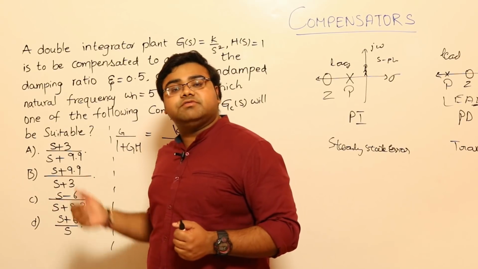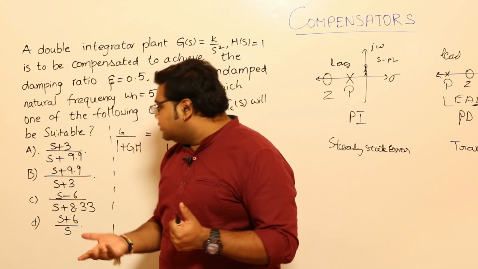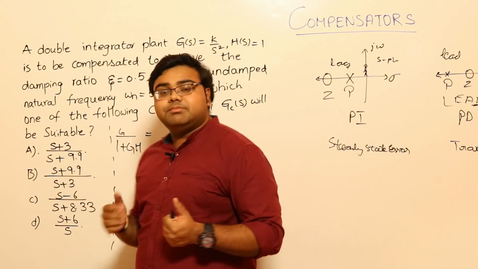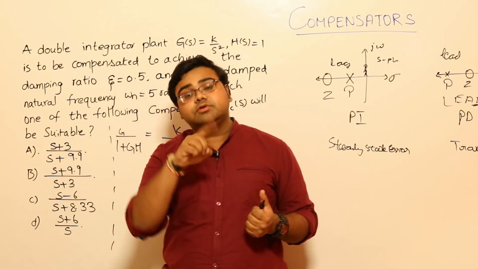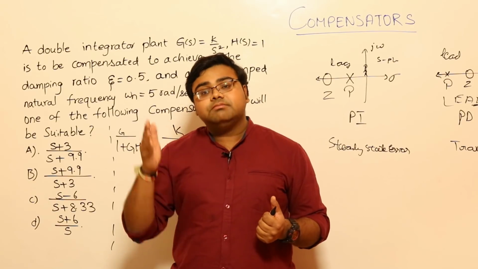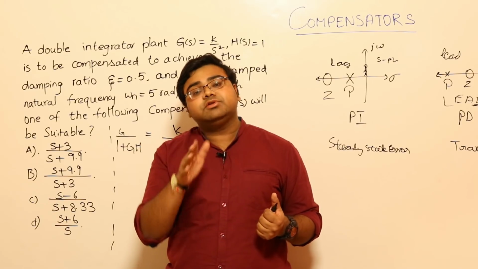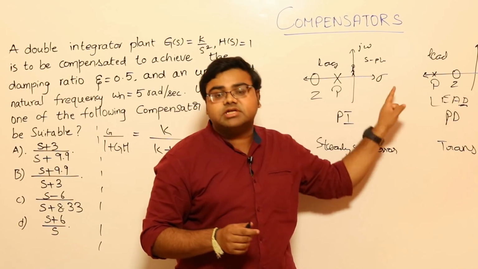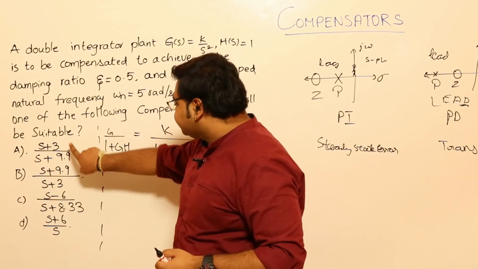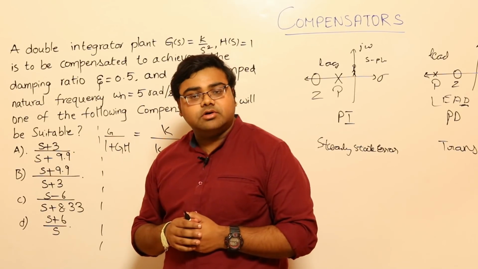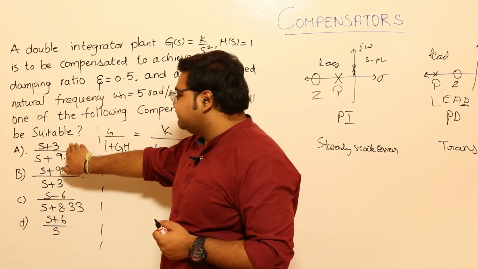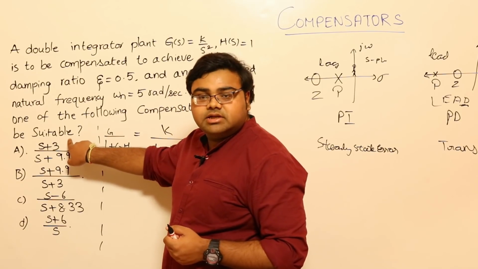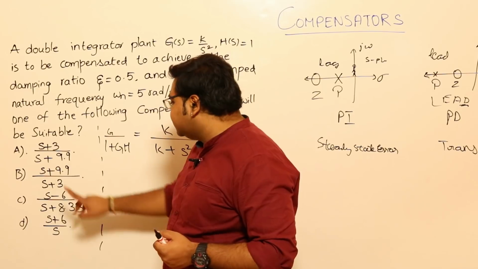Which of these transfer functions are lead? How to know? You plot the pole-zero locations for each. What should happen? I know in lead my zero should be leading. In other words, the magnitude of my zero should be smaller, as compared to the pole. So let us see, is this a viable answer or not? Yes, this is a viable answer. Obviously, my pole is back, my zero is leading. This is a viable answer.